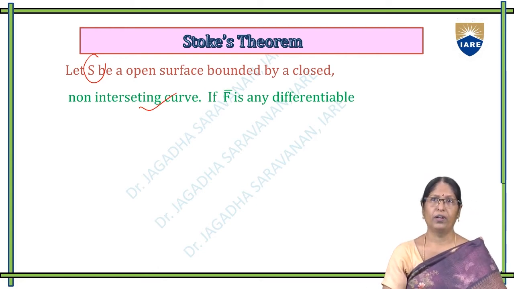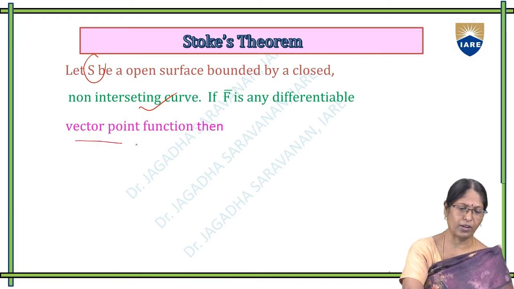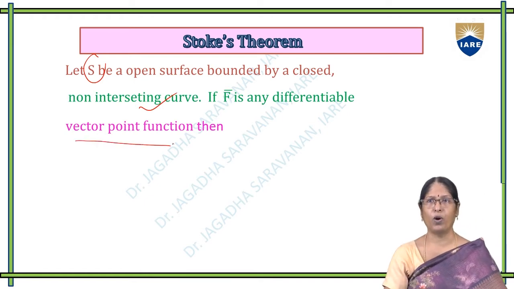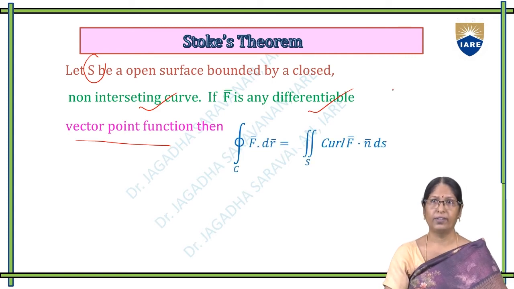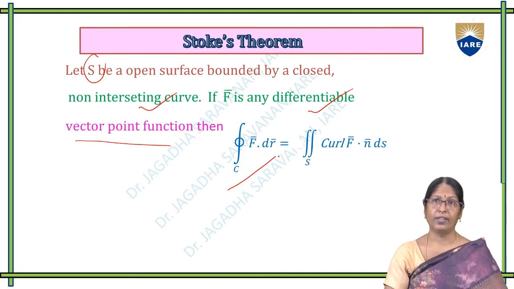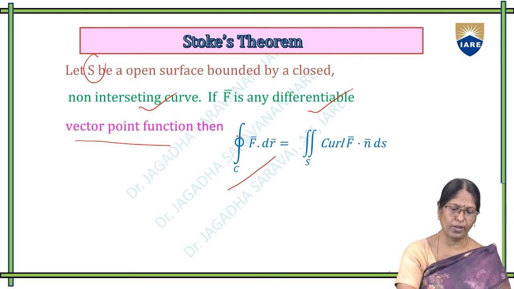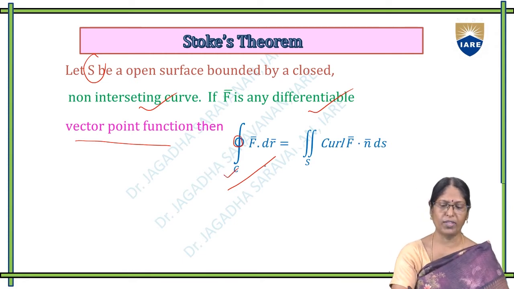If the vector F is any differentiable vector point function, that is, this vector function is differentiable at the particular point, then the line integral over the closed curve, the curve named C,